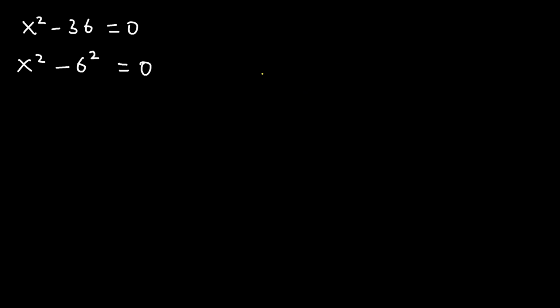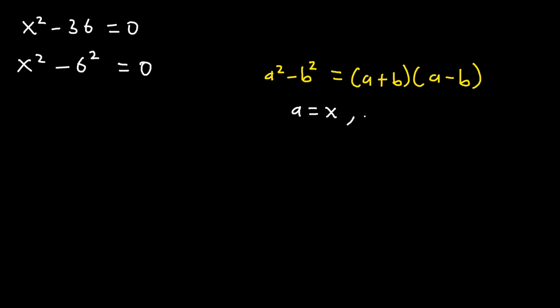And we know that from difference of two squares, if you have a to the power of 2 minus b to the power of 2, this will be equal to a plus b times a minus b. For this example, a will be equal to x and b will be equal to 6. So this will become a, which is x, plus b, which is 6, times x minus 6